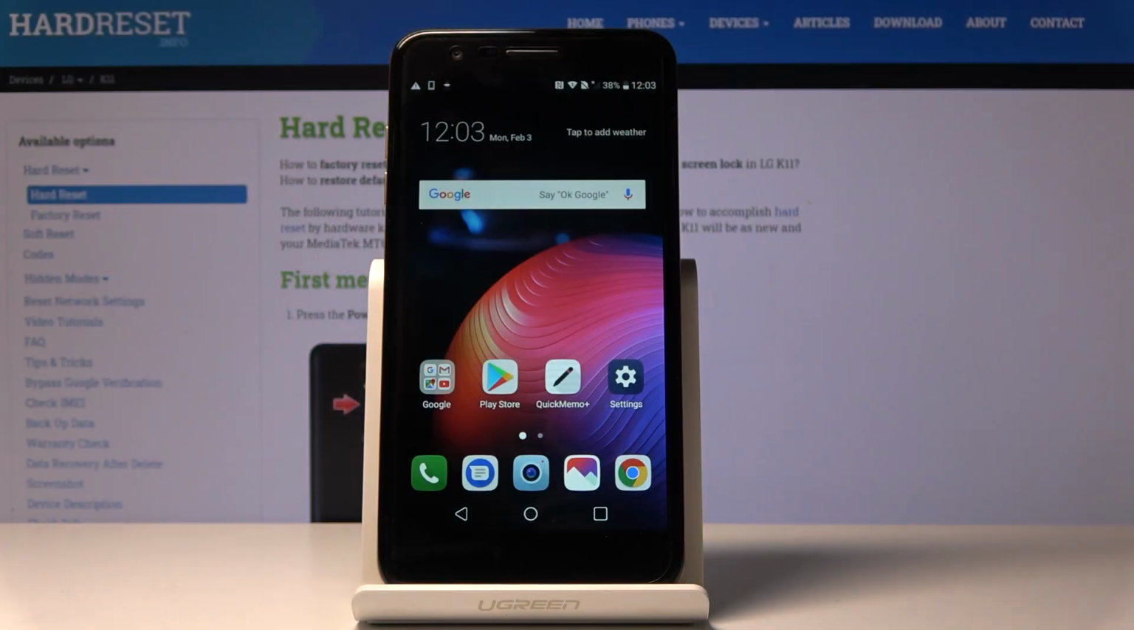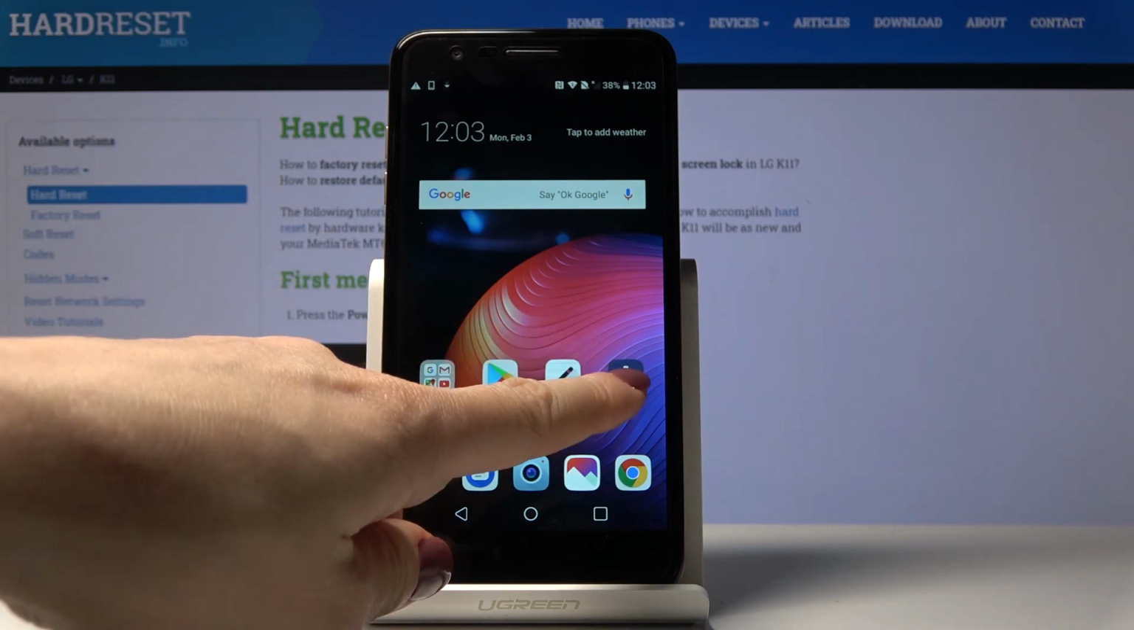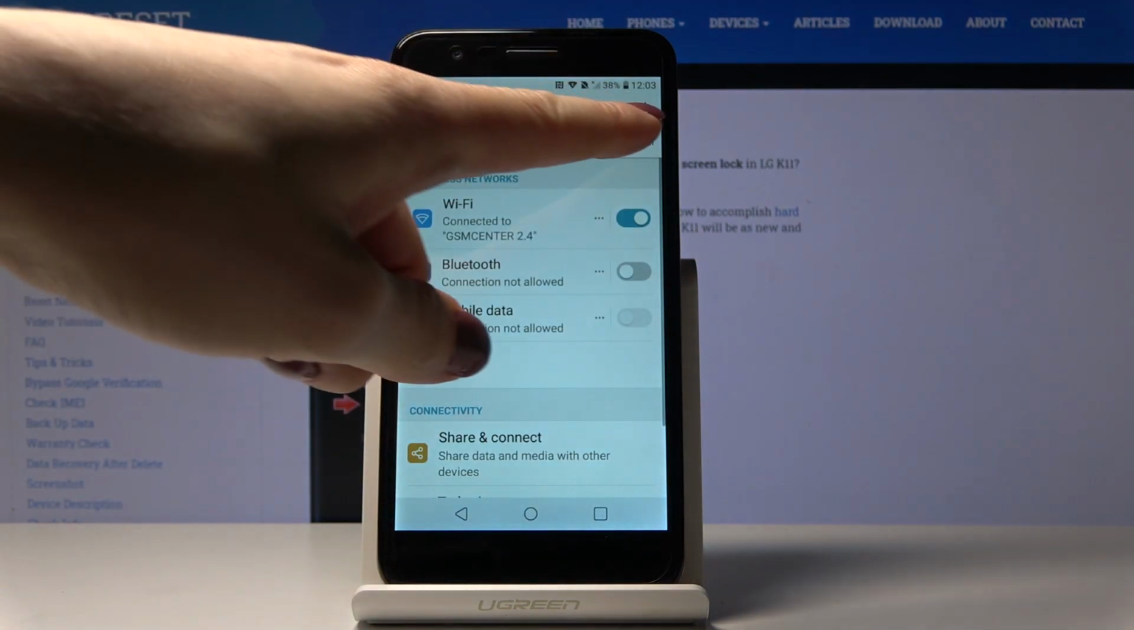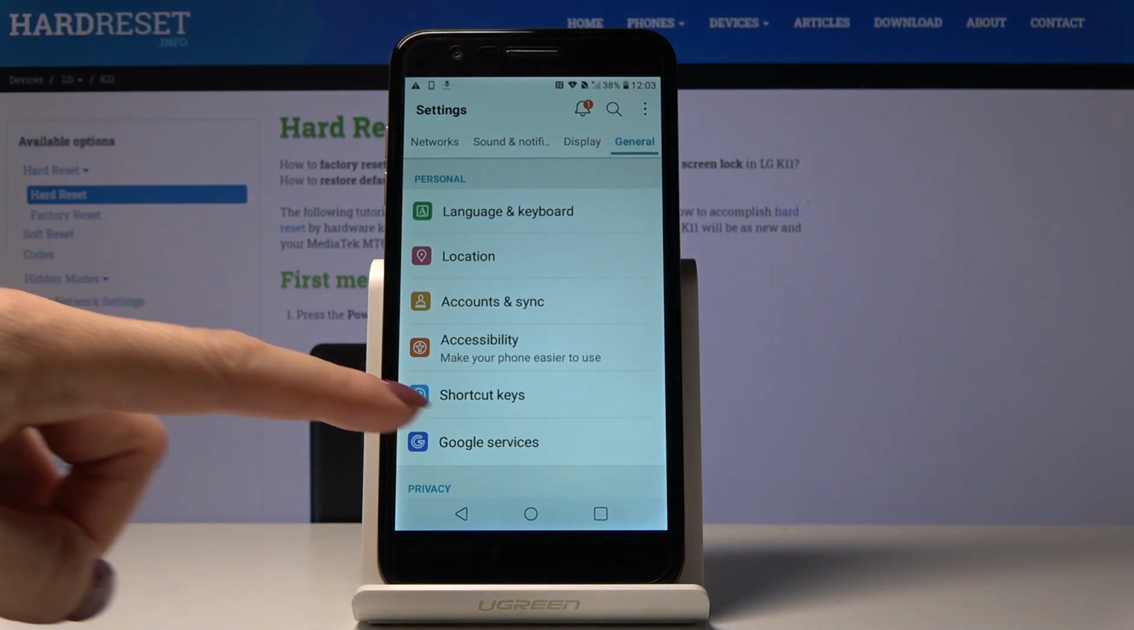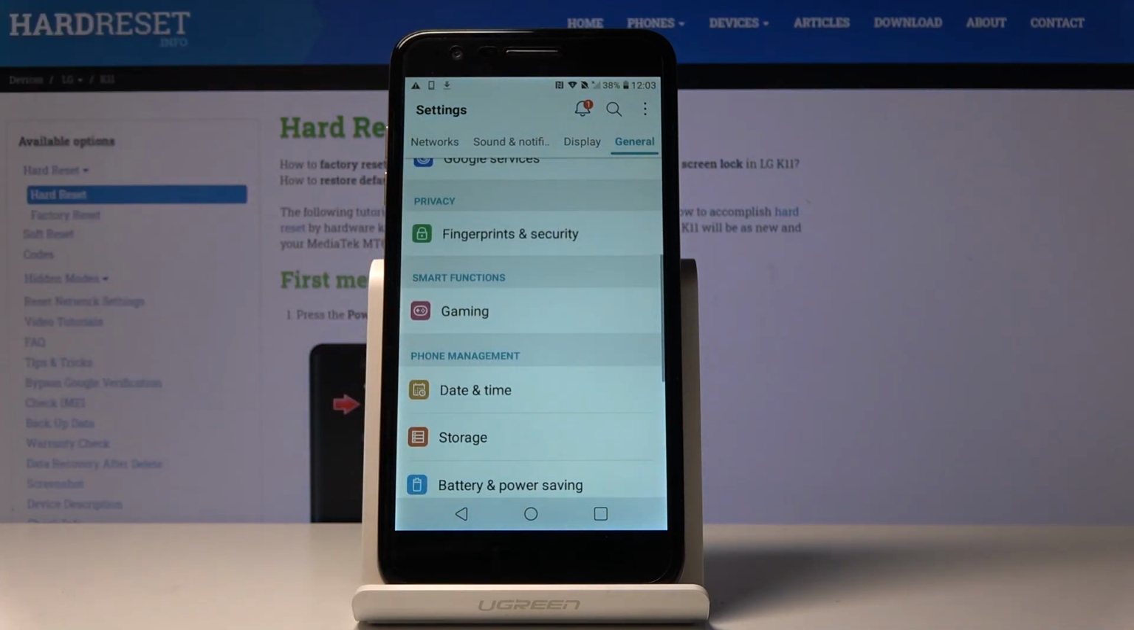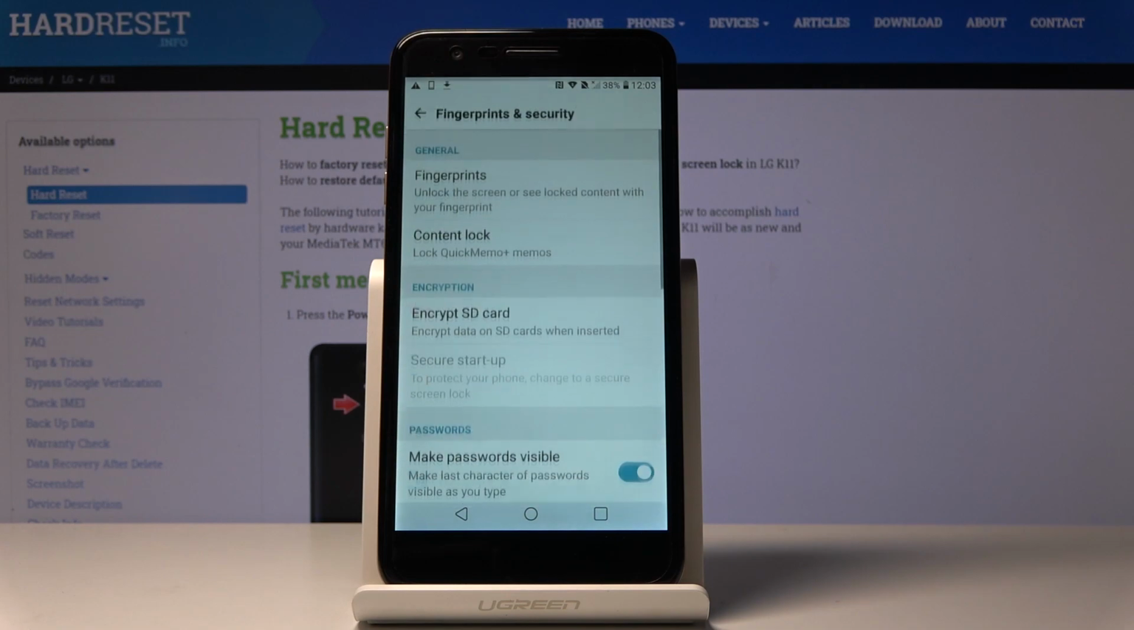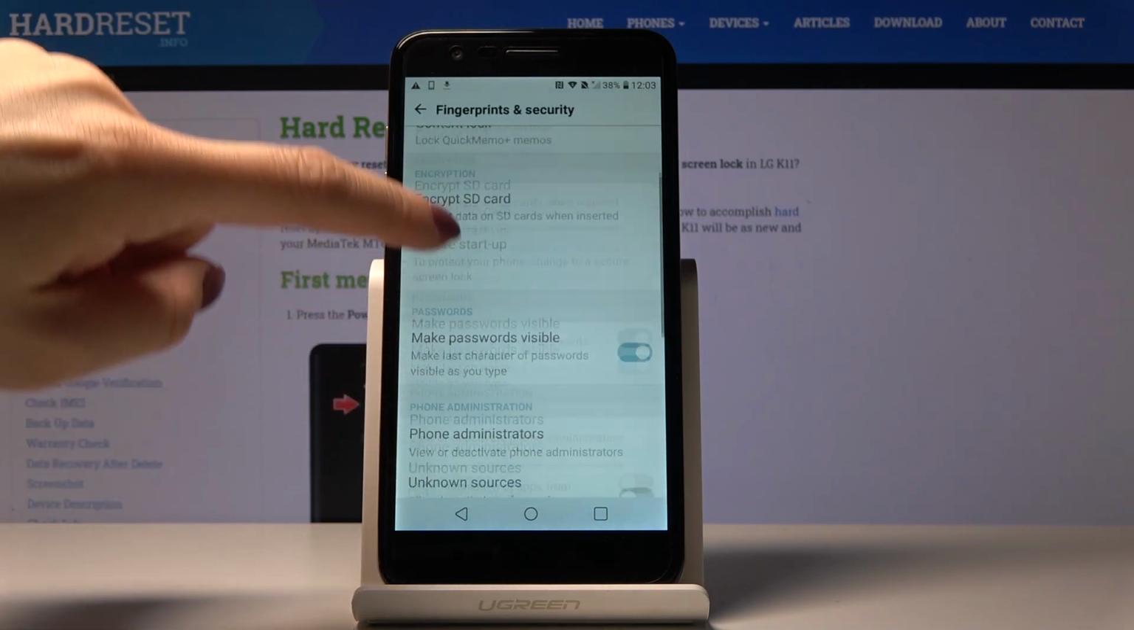Here I've got LG K11, and let me show you how to activate installation of apps from unknown sources on the following device. So at first you have to open the settings, then go to the general, it's the last tab. Now you have to scroll down and open fingerprints and security, and here go a bit lower where you